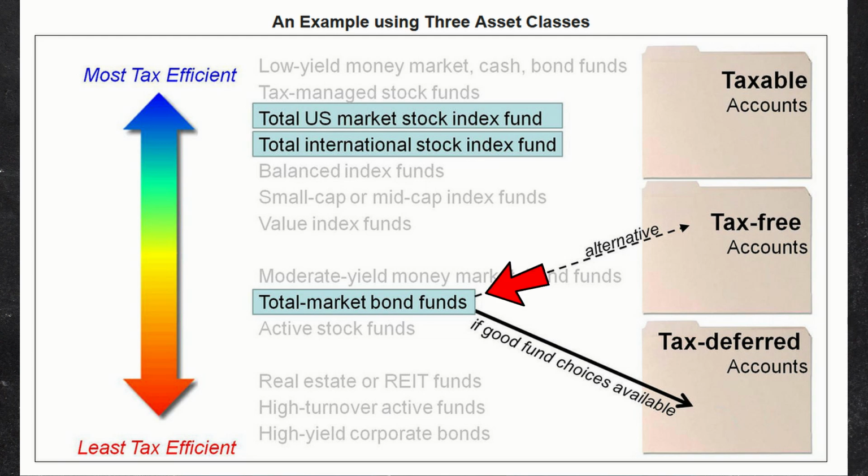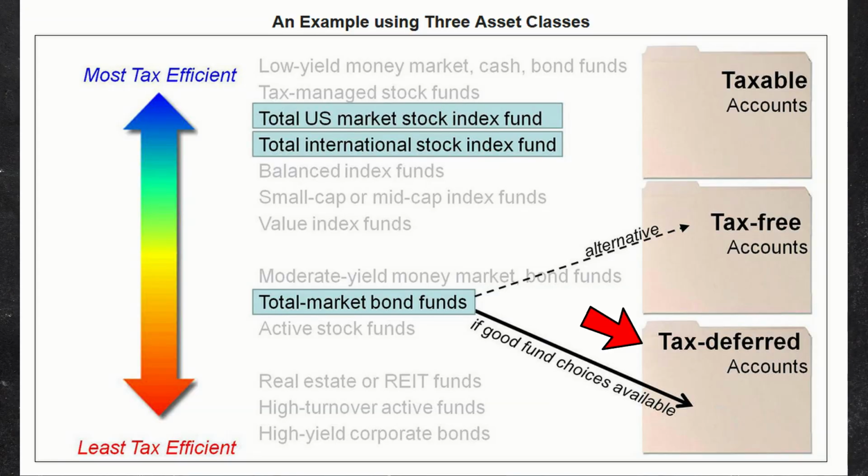The ideal account to hold your bonds is likely your traditional IRA and traditional 401k. This is because the interest on those bonds will be tax deferred in a traditional IRA or 401k, and you won't have to pay taxes on those investments and interest until you finally withdraw them at retirement. Now, you can also put these bonds in your Roth IRA, which has the same tax deferral benefit, but as we'll get to in a second, there is a reason why you might want to save space in your Roth